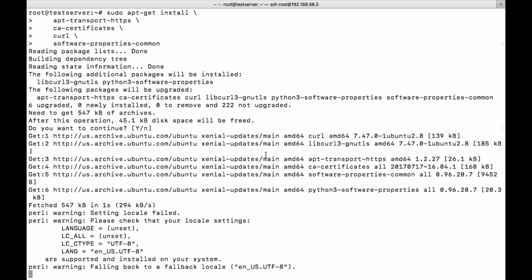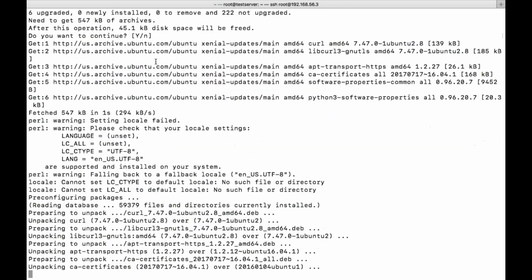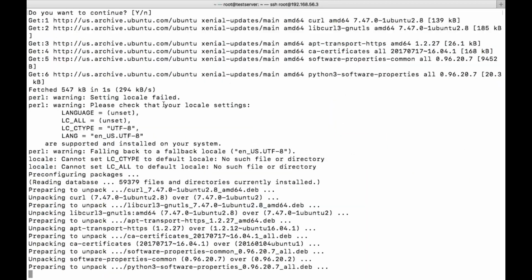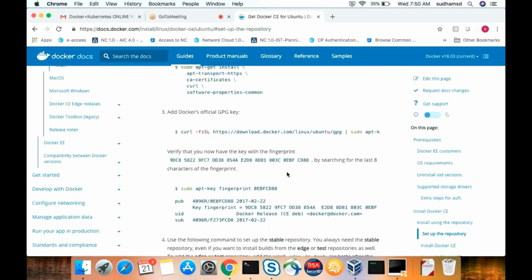I'm installing these minimum packages: apt-transport-https, ca-certificates, curl, software-properties-common. If you want to execute this command, we need to have the curl package, so that's the reason we are using it here.